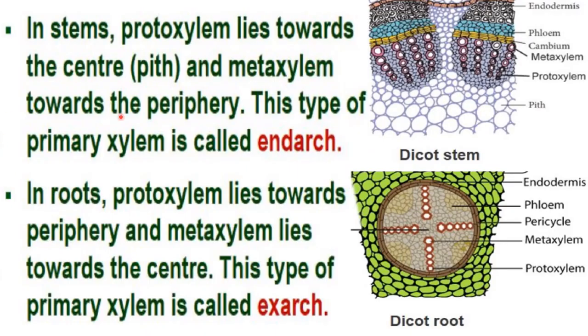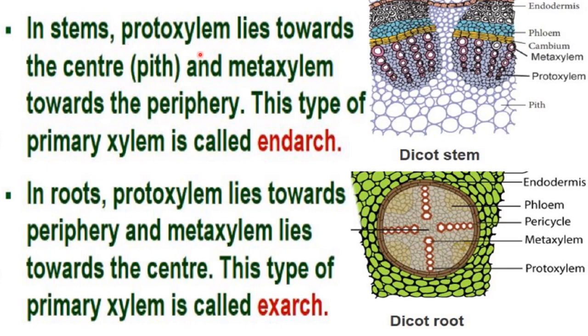Now there is a difference between the position of protoxylem and metaxylem in stems and roots. See here, in stems, protoxylem lies towards the center, that is the pith area. If we cut a cross section of the stem, then in the center of the stem there will be pith, and around that pith there will be xylem and phloem and other tissues. Now in stems, protoxylem lies towards the center, meaning in the center there is pith, and just outside the pith